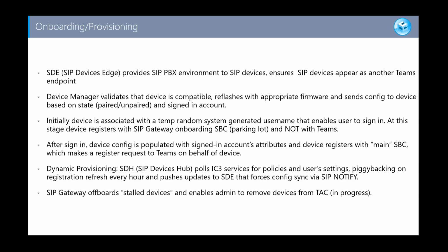So the onboarding and provisioning process for these devices, again, some of this is going to help maybe when you're troubleshooting, but like we mentioned, the infrastructure is all Microsoft backend, so there's not too much you guys can manage from that perspective. Obviously, your network, firewalls, things of that nature are going to be within your control. But the device edge, essentially that SBC, provides the environment for the devices and enrolls them into the Teams admin center, so they show up as an endpoint. So the device manager validates that the devices are compatible, pushes firmware, and then you have I